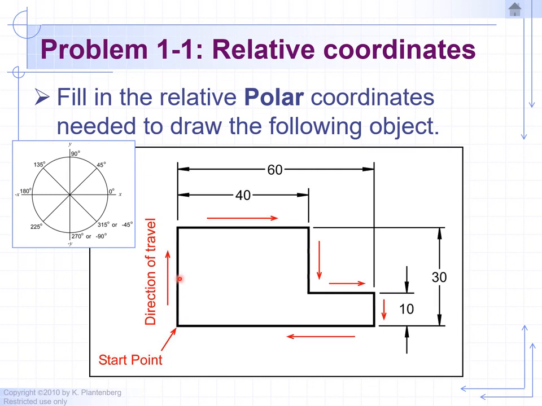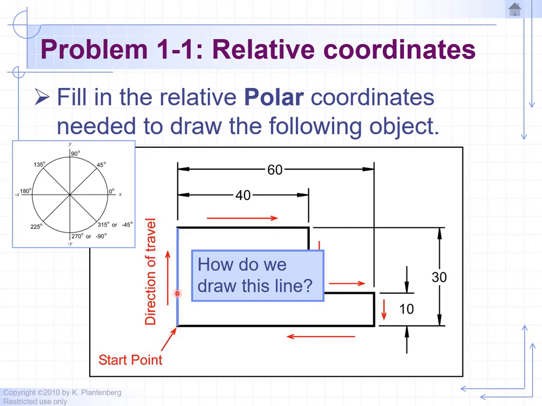In this example, we're going to generate the exact same profile as in the previous slide, except we're going to use relative polar coordinates. So we're going to go ahead and click on the line command, click to define our starting point, and to generate our first line, which has a length of 30,